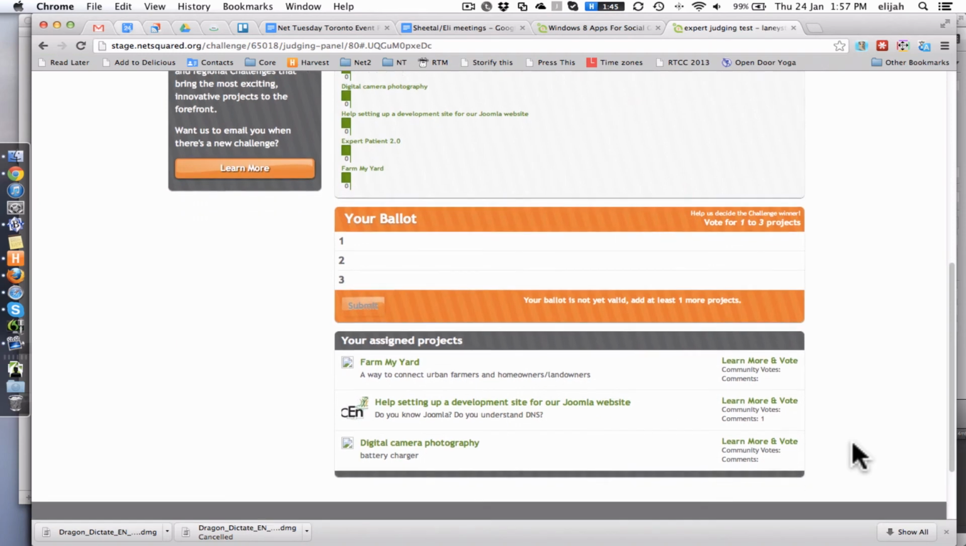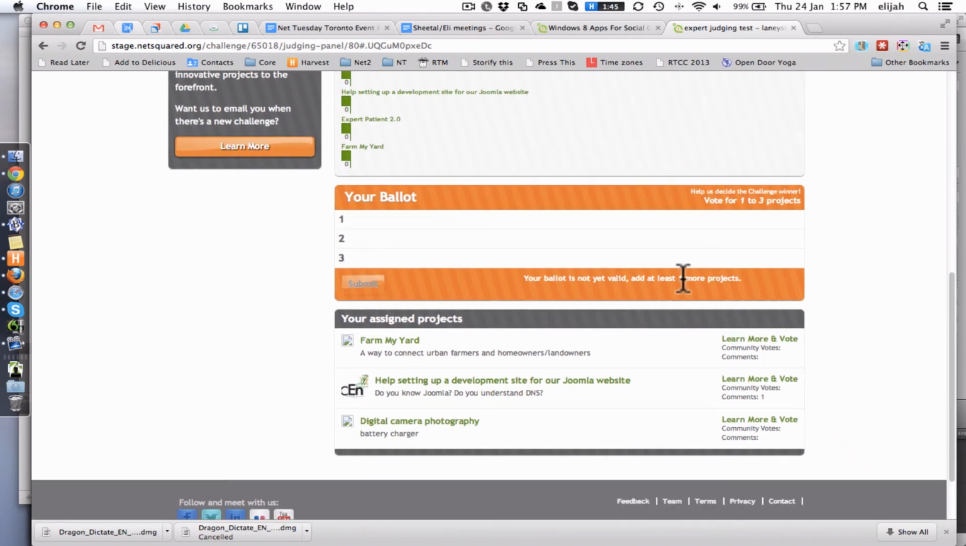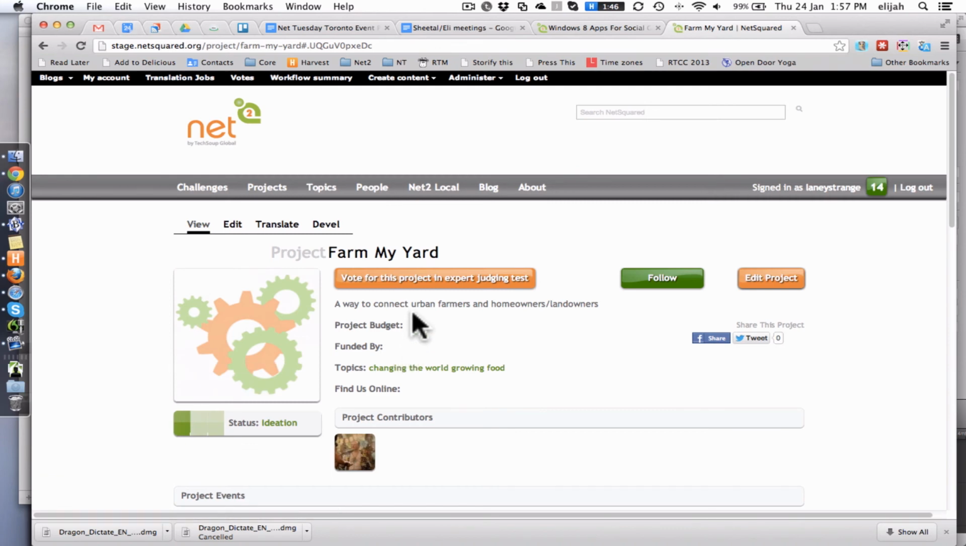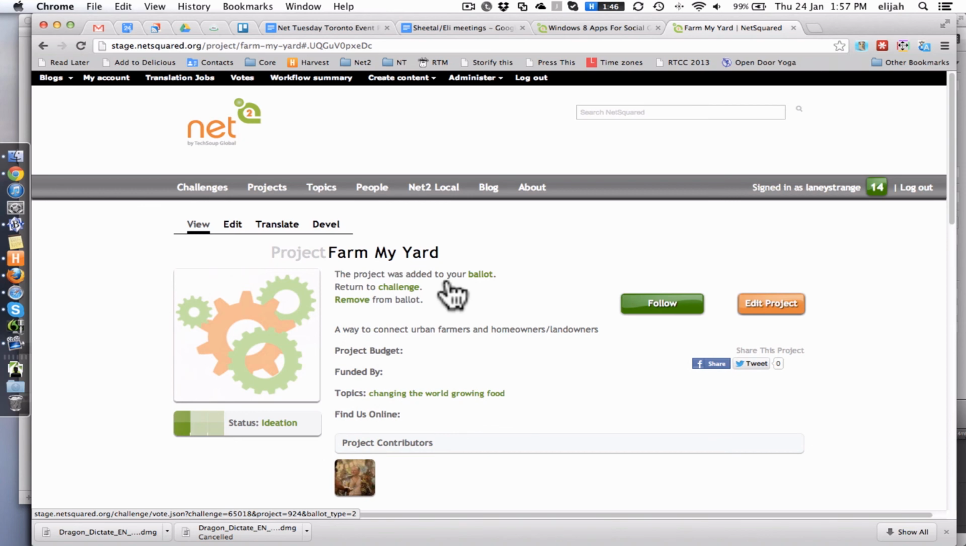And then just like the public voting process, you'll see that there's a ballot, and then there's the projects below that we can vote in. And so you just click on one of those projects and say, yes, vote for this project in the expert judging test. Boom. And then just like we did for the others, we say, let's go back to our ballot